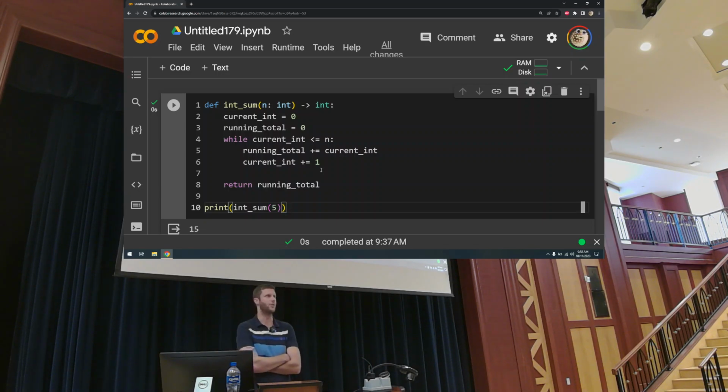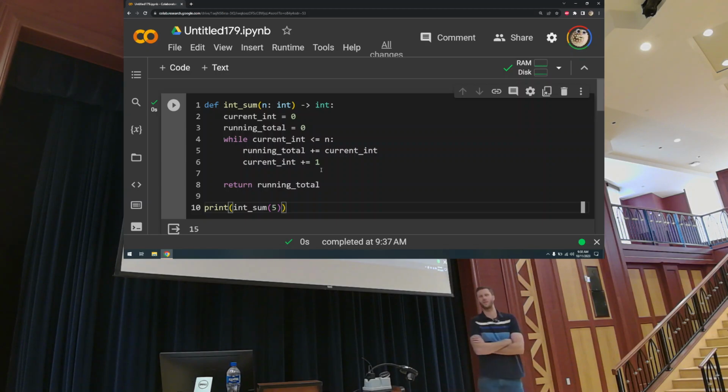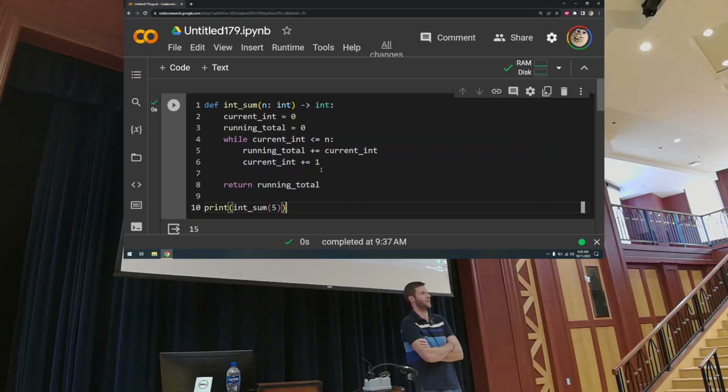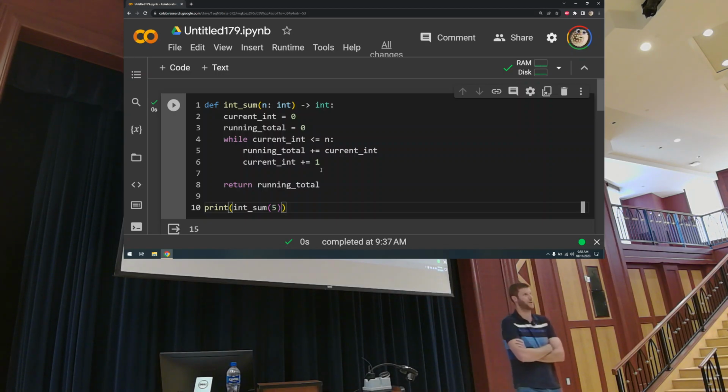So here's my solution. Sometimes, I notice year after year, this seems to be one of those problems where people who have been doing really well and understood everything start to struggle. It's because they get their heads stuck thinking that with a while loop, you just have a counter. No, a while loop, you just have a condition. Well, why did I need two variables? Because I wanted two variables. I wanted one to keep track of the current integer, and I wanted one to keep track of the